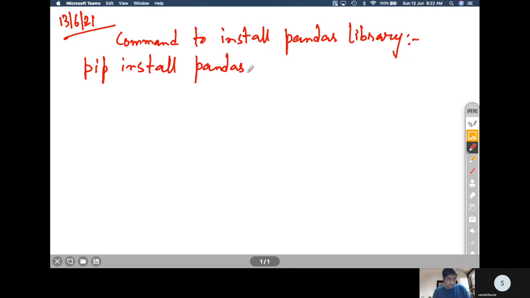If not, then there is a way of doing the pandas thing. You can still run pandas without installing it in your machine. And what is that way? Can you guess? We used that online piece of software last year in class 11, and that was Colab, right?